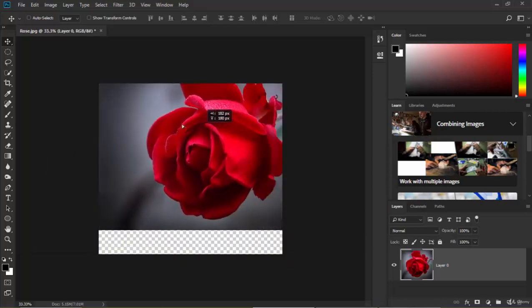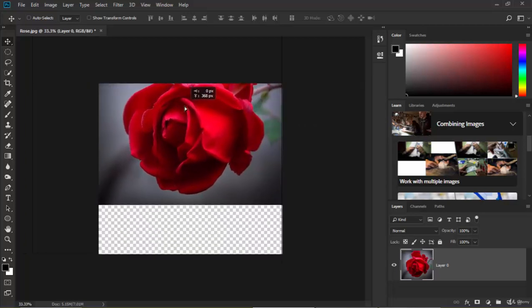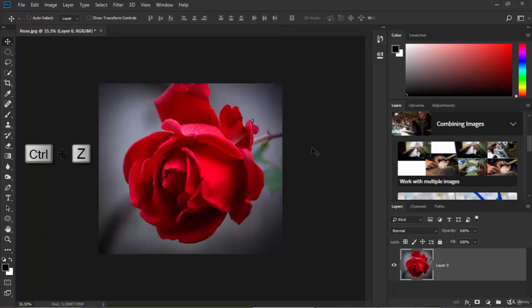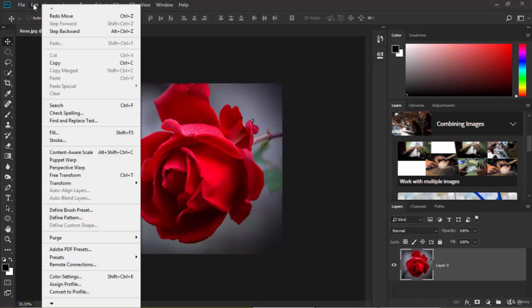If you move it, and say you move it over here and you don't like what you just did, or you did it on accident, remember you've got Control Z to undo, or Command Z on a Mac. If you need a reminder, you can go to the Edit tab and you can look right here. You've got Control Z to undo or redo your move. I just undid it, so now it's going to say redo to basically move it back to where I didn't